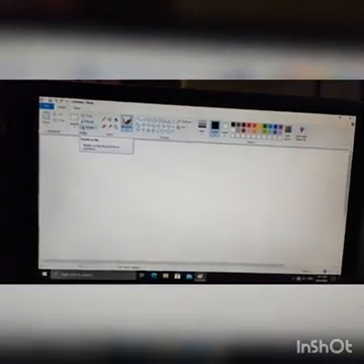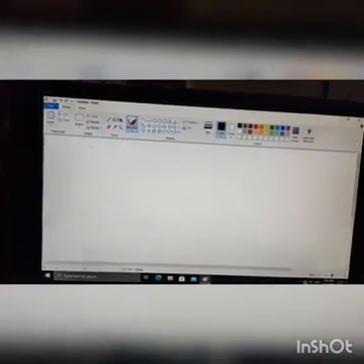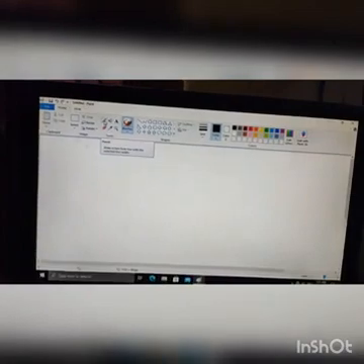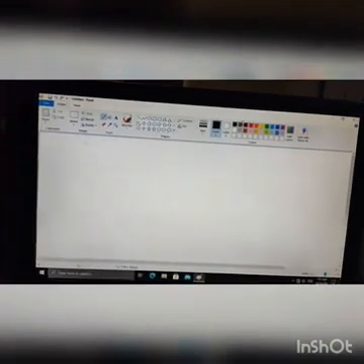It contains some tools. See the tools. First one is the pencil tool. I am clicking pencil tool, and from here I can select any color from the colors palette, and from the size I can select the size of the pencil.